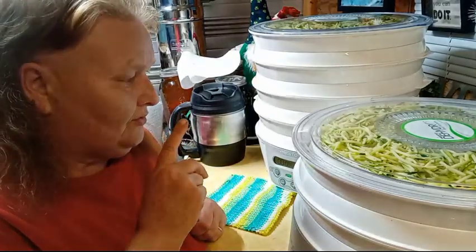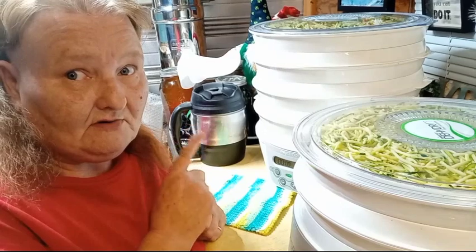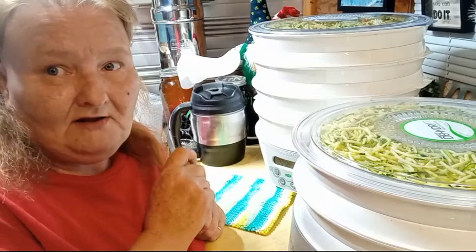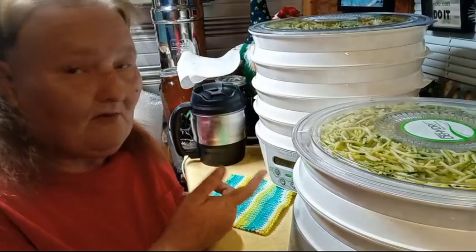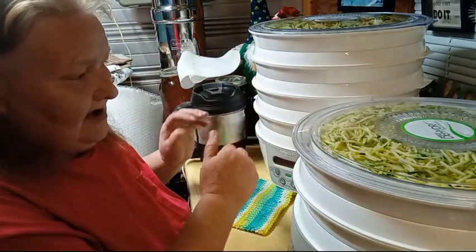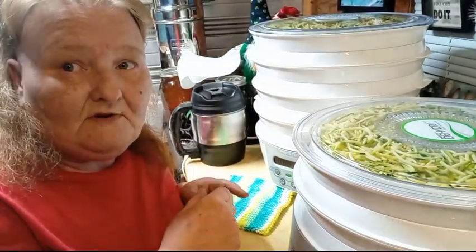I'm going to set this one for probably 16 hours, just to be on the safe side. It might not take that long. It might. Now, it is 2 o'clock in the morning. So, when I wake up, I will come out, after getting some coffee, and I will check each tray, and I will shuffle the trays down, switch them around, so even